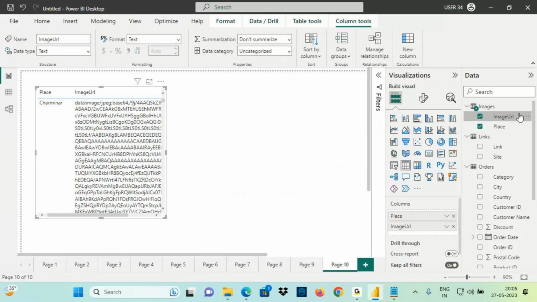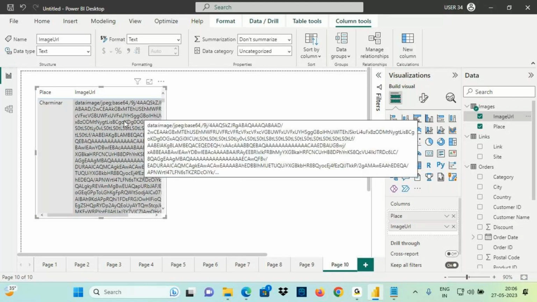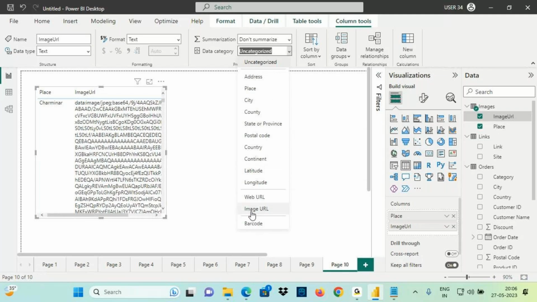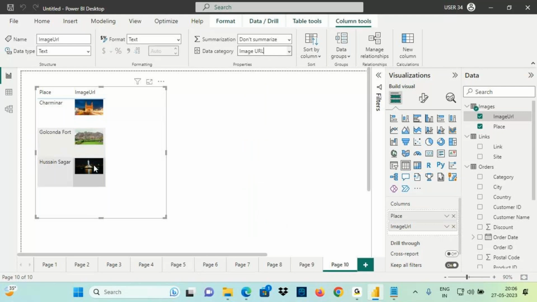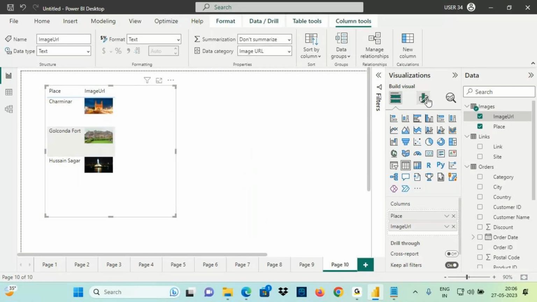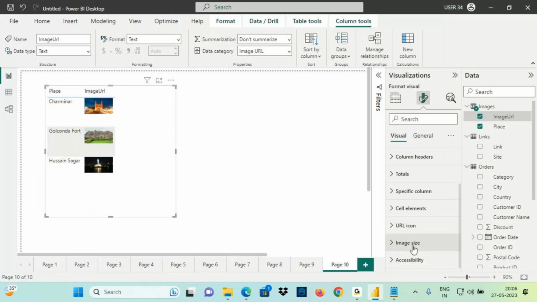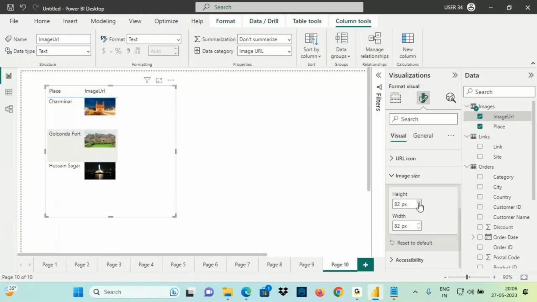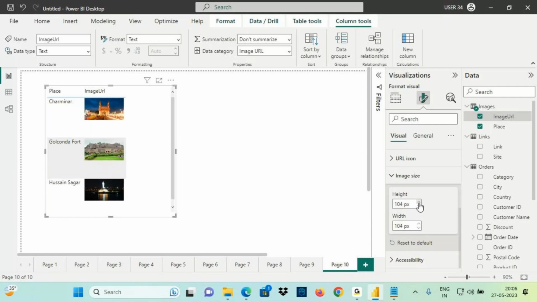What is the data category for image URL? Uncategorized. So if you want to see the image here, what you need to do? Tell it that it's an image URL. When you tell that it's an image URL, the text will be converted to images. If you want to increase or decrease this image size, where you can do that? Go to format. There is image size, where we can increase or decrease this. You can make the changes here, width and height, where you will get a bigger image here,